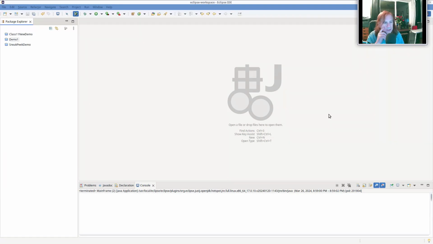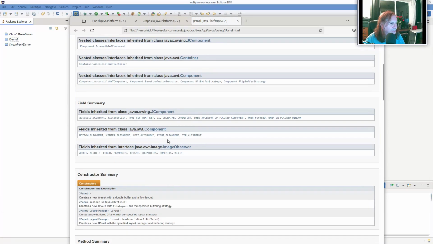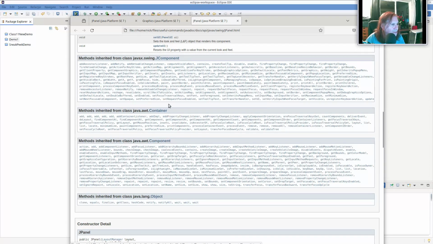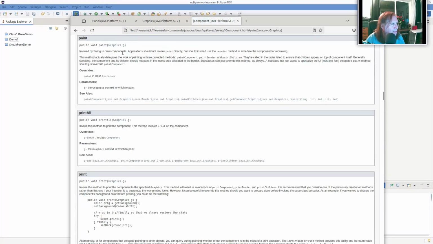We want to draw a character and update its position and show maybe a grid for a playing field and things like that. So we want to do some painting. And if we look at the JPanel documentation, there's a method it inherits from Component called paint. And if we look at the paint method, it takes an argument, which is a Graphics object, and that Graphics